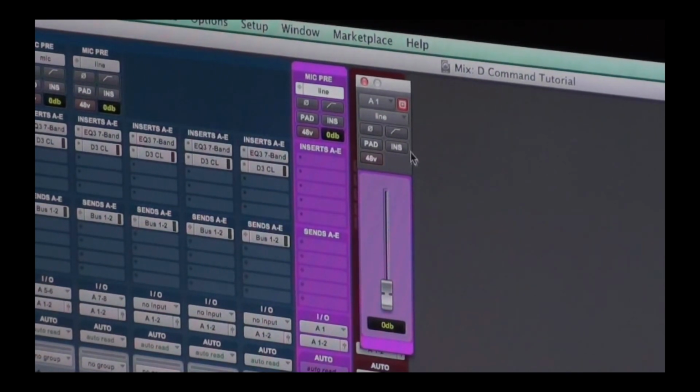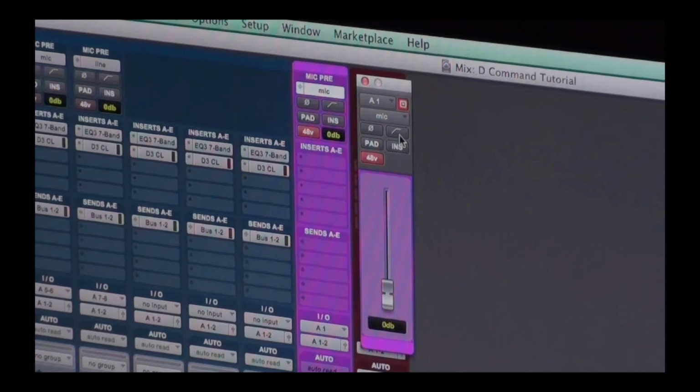Since we're using the U87 microphone, obviously we don't want line as our input source, we want mic. We want to turn on phantom power, since it is a condenser microphone. And then, since we're tracking vocals, most of the time I want the high pass filter on too, just to remove some of that low rumble. So all those controls that we had right on the front of the microphone preamp, we can control right here